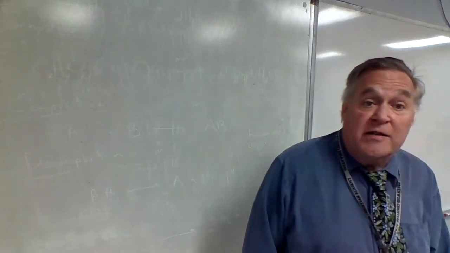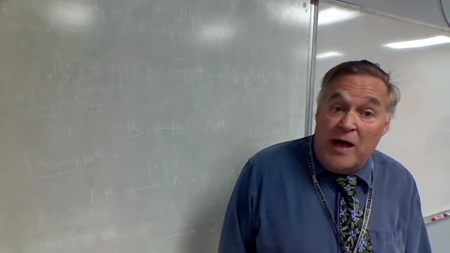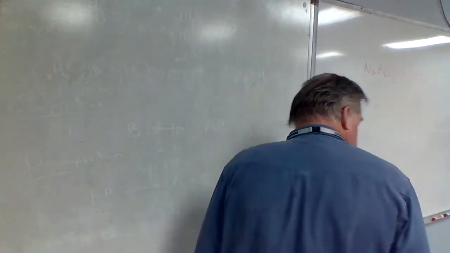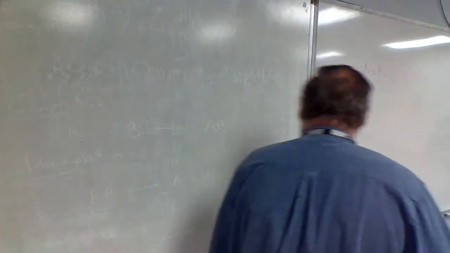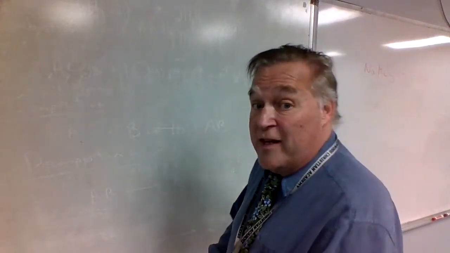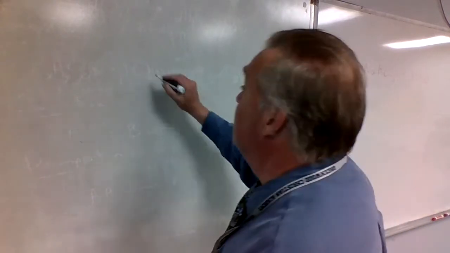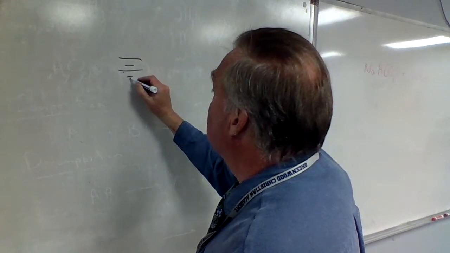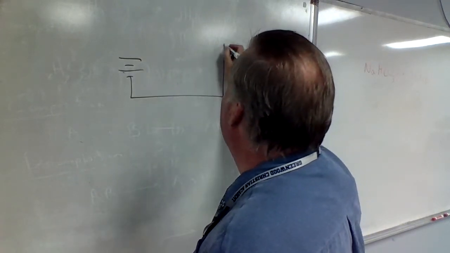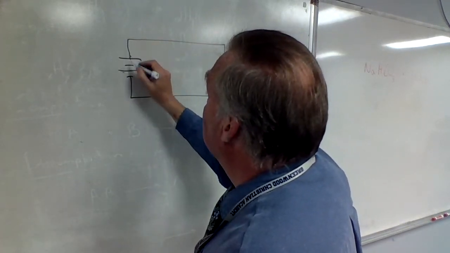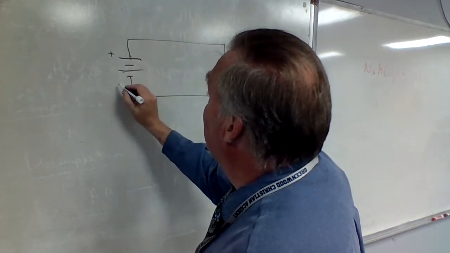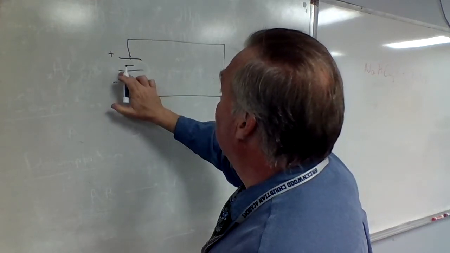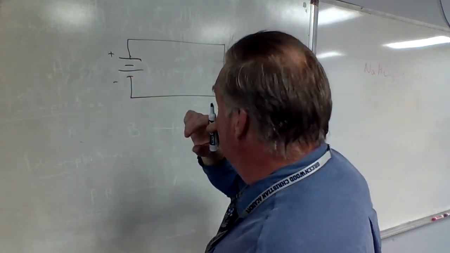There is electric current in a wire, but only if you have a completed circuit. And a completed circuit looks like this. Let's see, here's a black pen. A completed circuit is one that is a loop from a positive side of an electromotive force to a negative side. Okay? This is the positive side, this is the negative side. Notice the negative side is shorter than the positive side. Okay? And what happens is